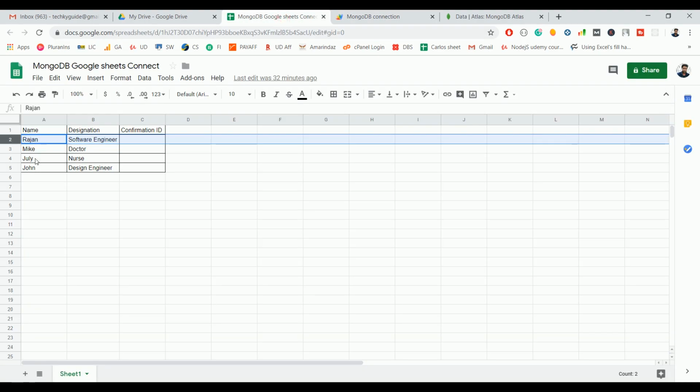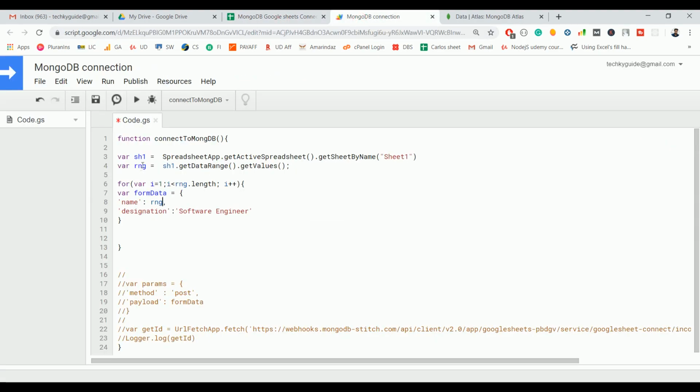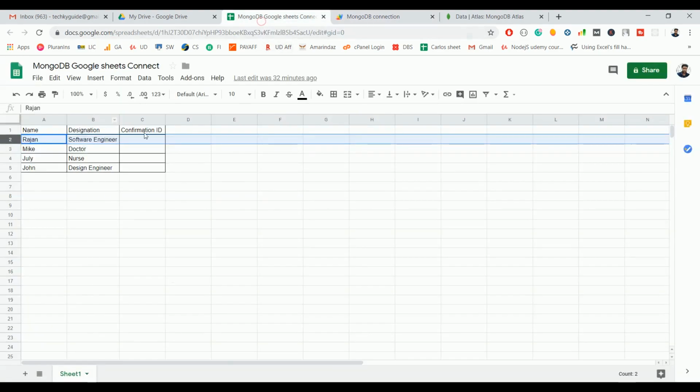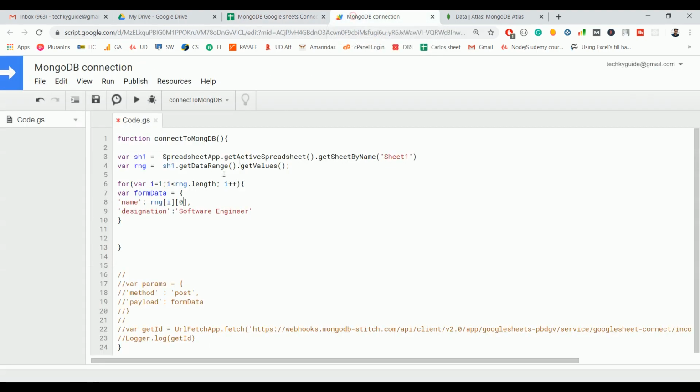To get the name during each iteration, I have to use this range object, and it accepts a 2D array. The first one is responsible for the row and the second one is responsible for the column. Let's say in the first iteration, this should be 1 and this should be 0. So it will take this record